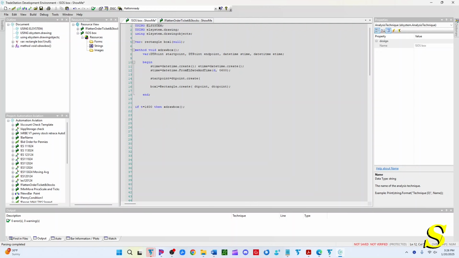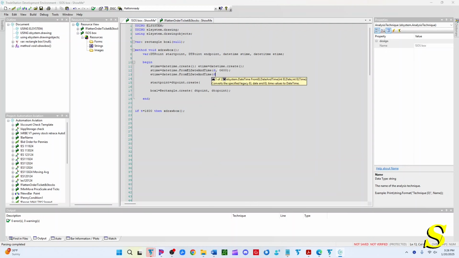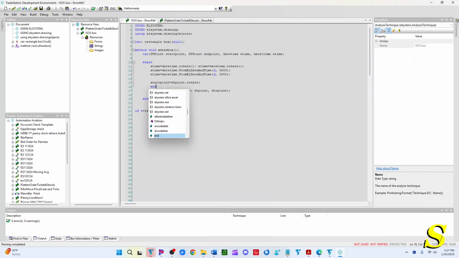Okay, and then we're going to do the same thing for end time is equal to date time dot from el date time, date, and it's going to be 900. Okay, so from 6 o'clock to 9 o'clock. All right, so this ought to give us a proper start time and end time. So when we're doing our start point and our end point